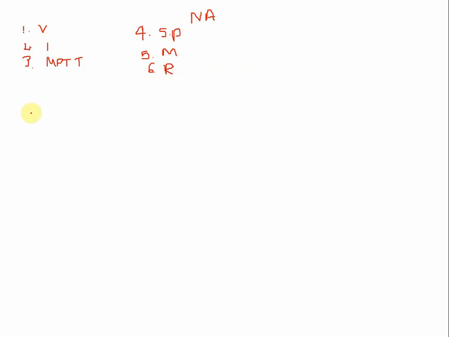Let's say I draw one circuit. You have one resistance followed by one source. Here is a point, and I draw one more resistance, and here one more resistance. A simple circuit I have drawn here. The values 2, 4, 6, 8 are given, as you see in the given problem.